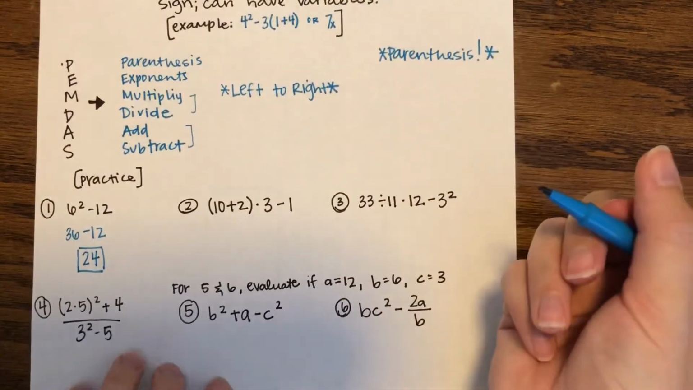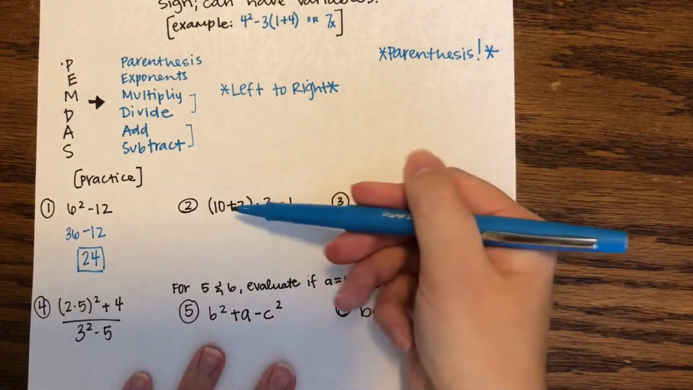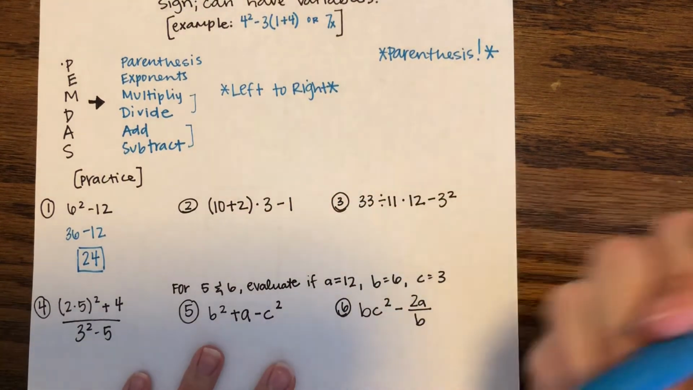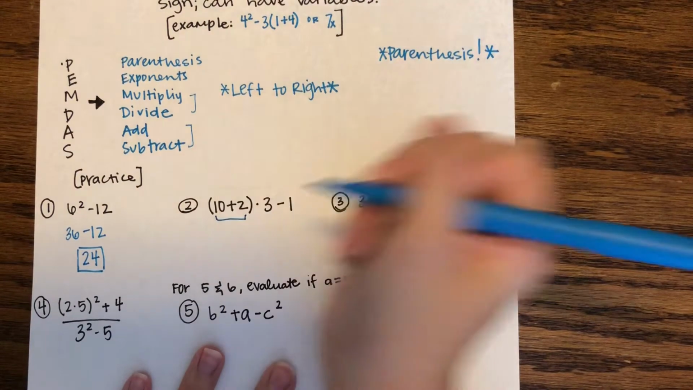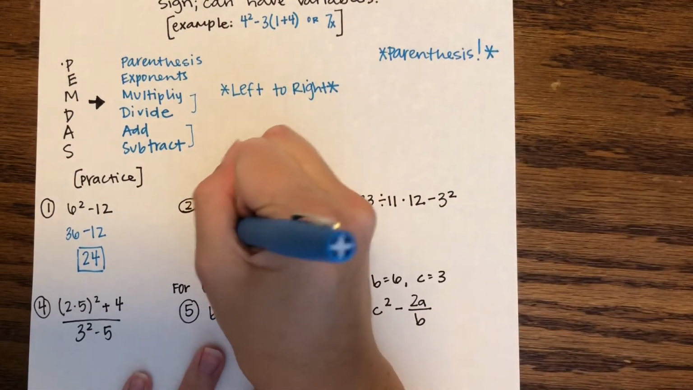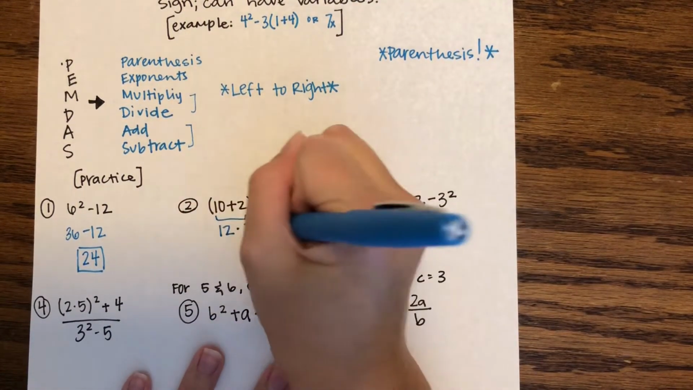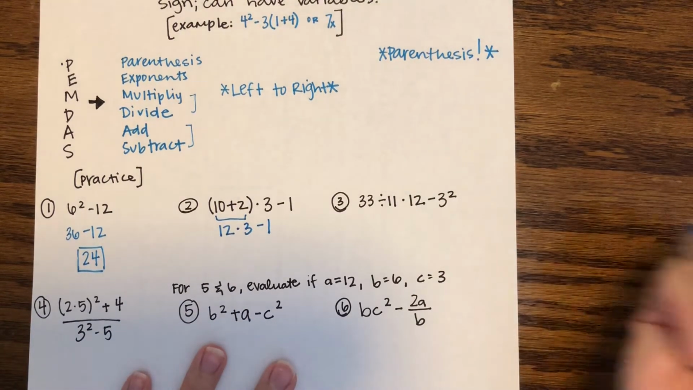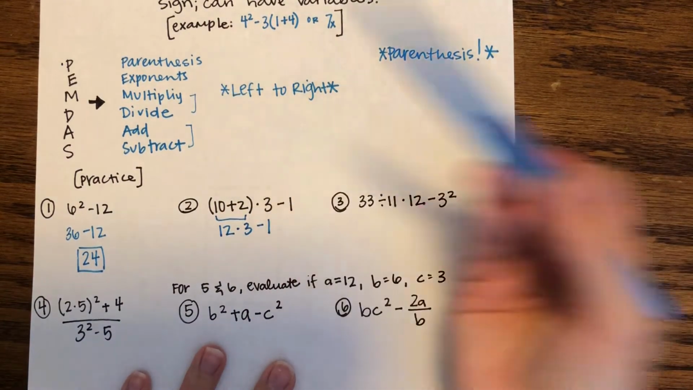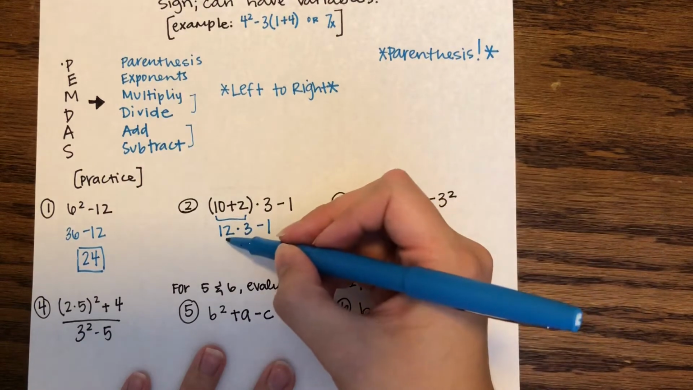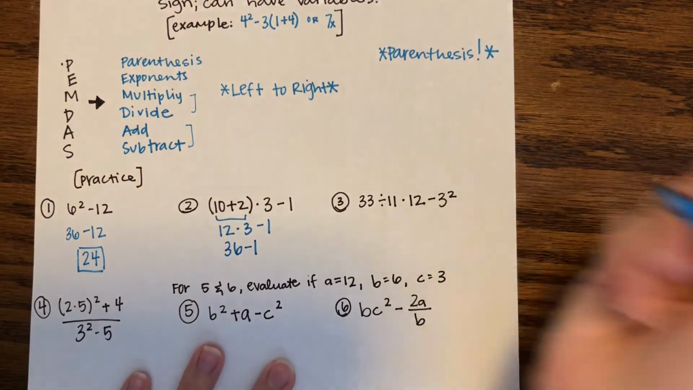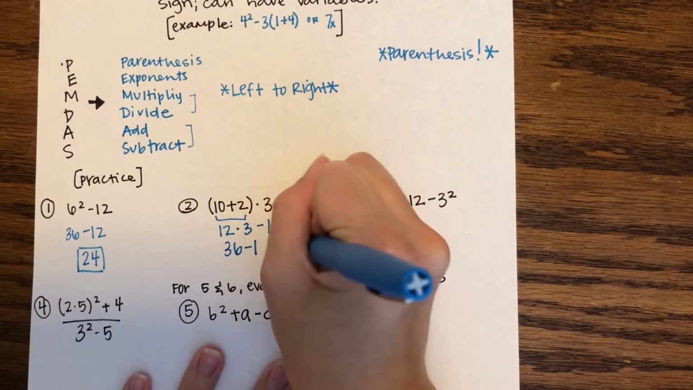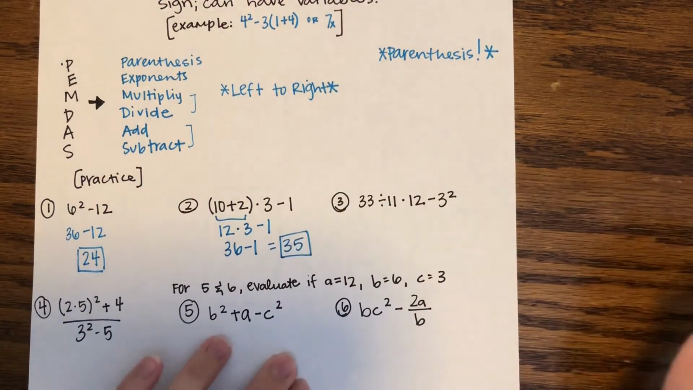The second one, we have our 10 plus 2 in parentheses times 3 minus 1. First thing, we have parentheses, so we're going to simplify this part. 10 plus 2 is 12 times 3 minus 1. And then we look, we don't have any exponents. We do have multiplication, so 12 times 3, we get 36 minus 1, which gives us 35 as our final